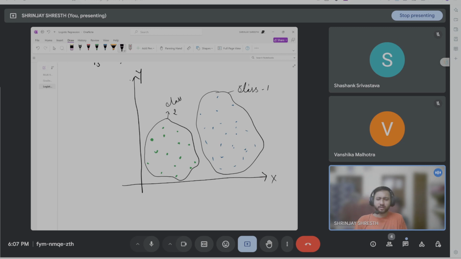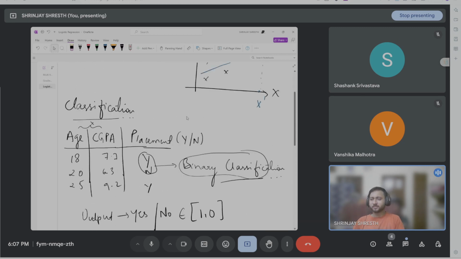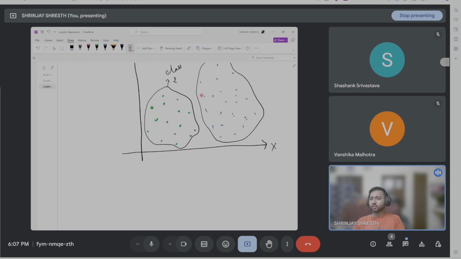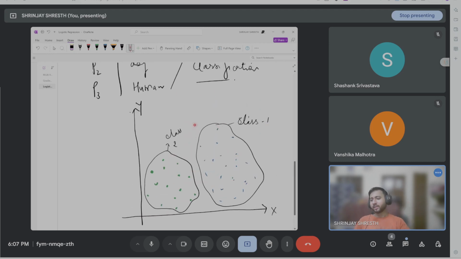Now class 1, class 2 could be anything. You can say as placement हुआ, placement नहीं हुआ. This can be the set of people जिसका placement हुआ है, जिसका placement नहीं हुआ है. Something like that. It could be anything. So